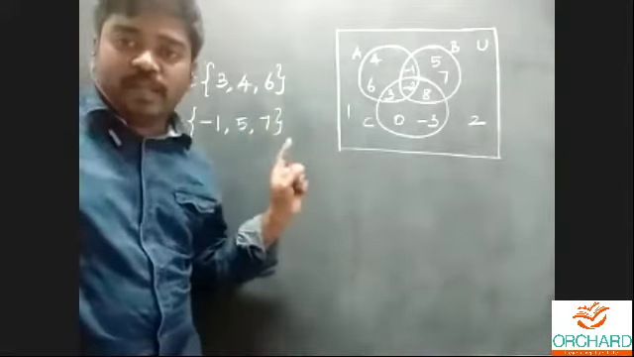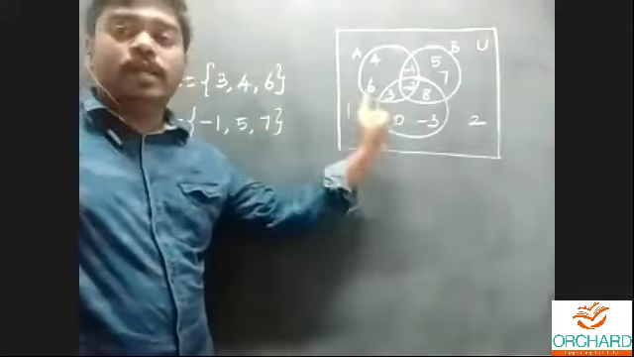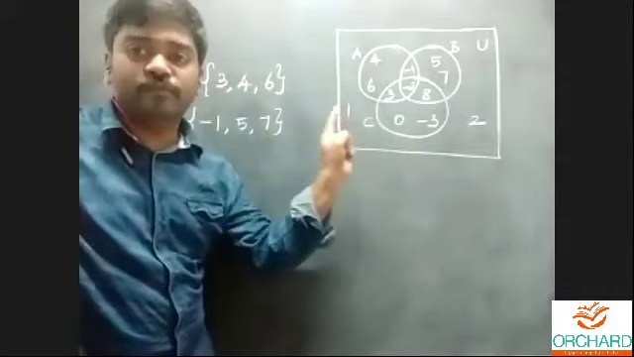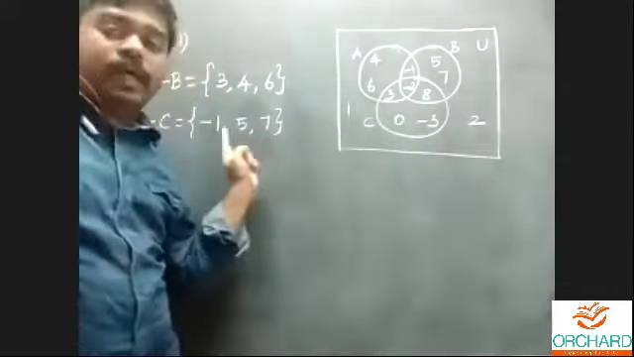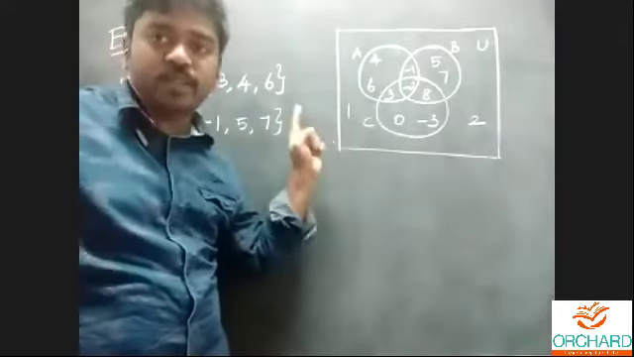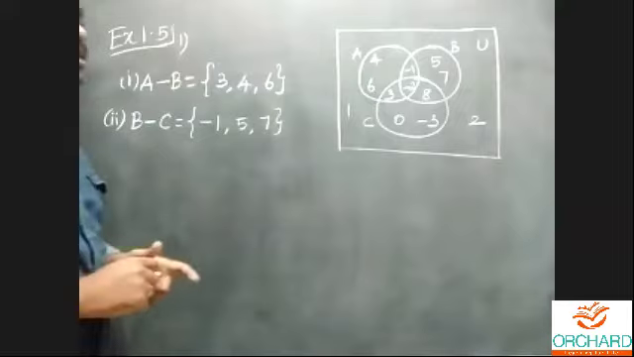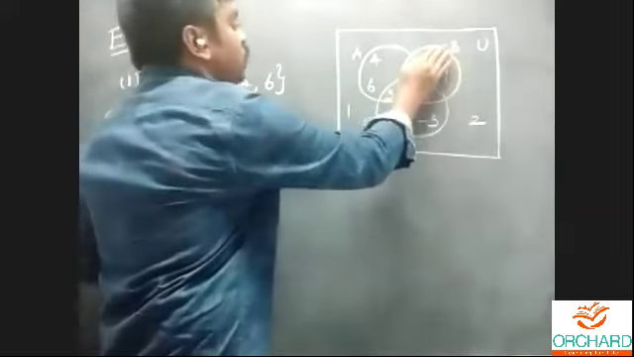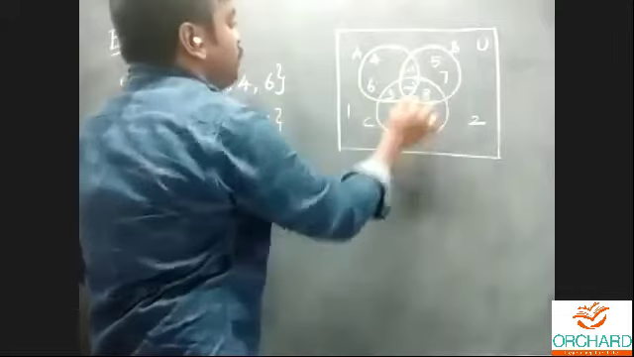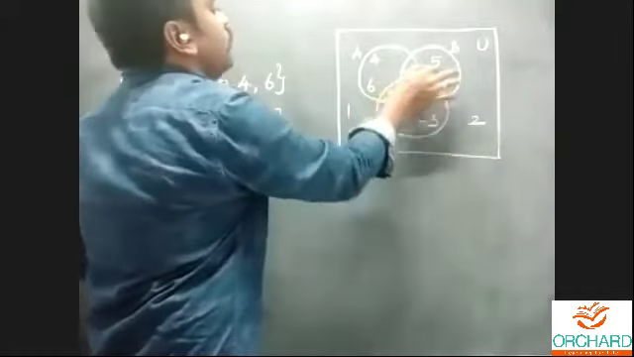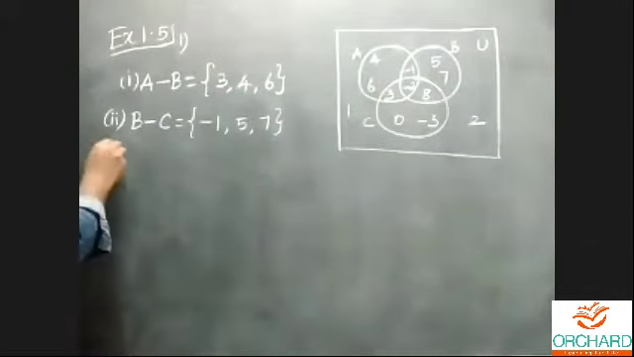Listen carefully, students. I'll refer only to the Venn diagram, and based on the Venn diagram only, I'll write the answer. Refer to the Venn diagram and then write the answer for the subdivisions. For the first subdivision, A difference B, remove B from A. Next, B difference C, remove C from B. Now, for the third subdivision,